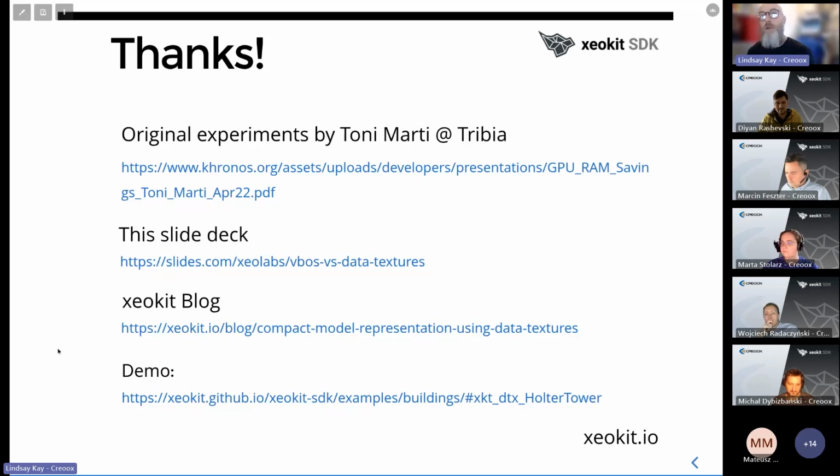Yep, and so you can find more about data textures in our blog. There's an article in there and a live demo. We've got lots of live demos of data textures in xeokit,